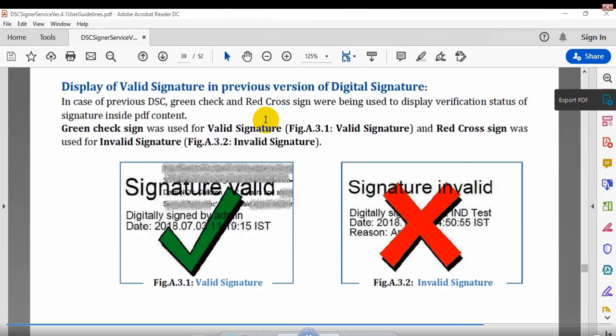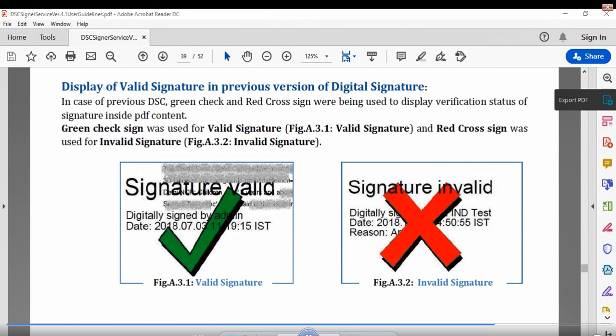If you read the complete document, it will take a lot of time, as it is a 52 page document and every line is technical, so not everyone can understand it. So I have taken this under discussion. So, normal thing. We saw these valid and not valid signatures. Okay, I hope you understand this.